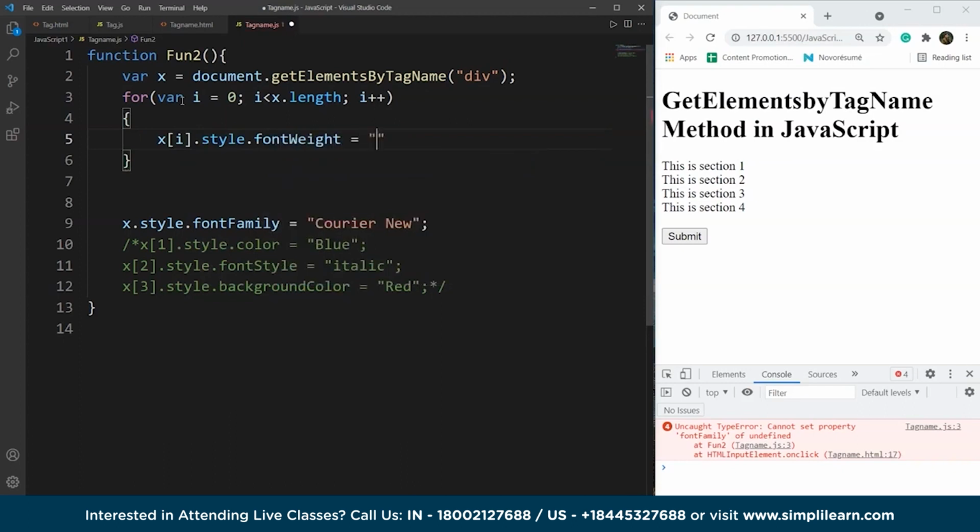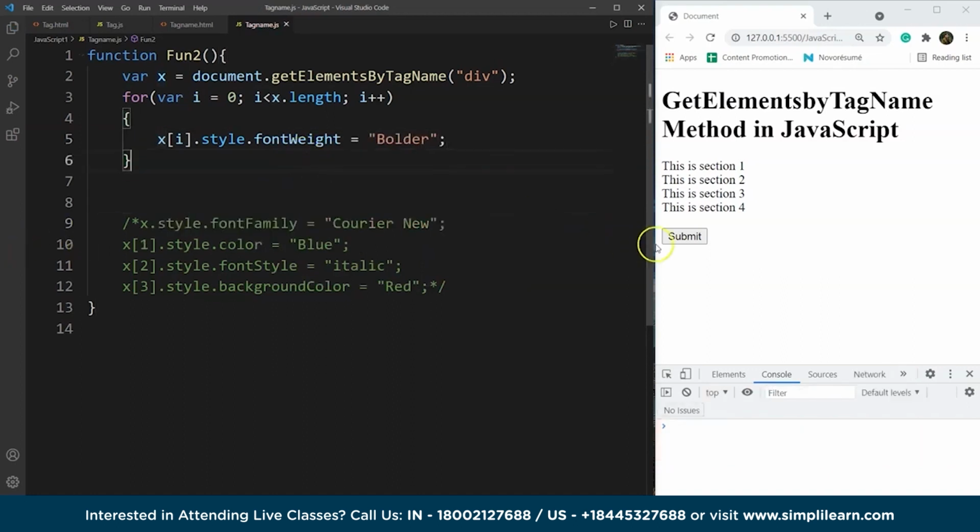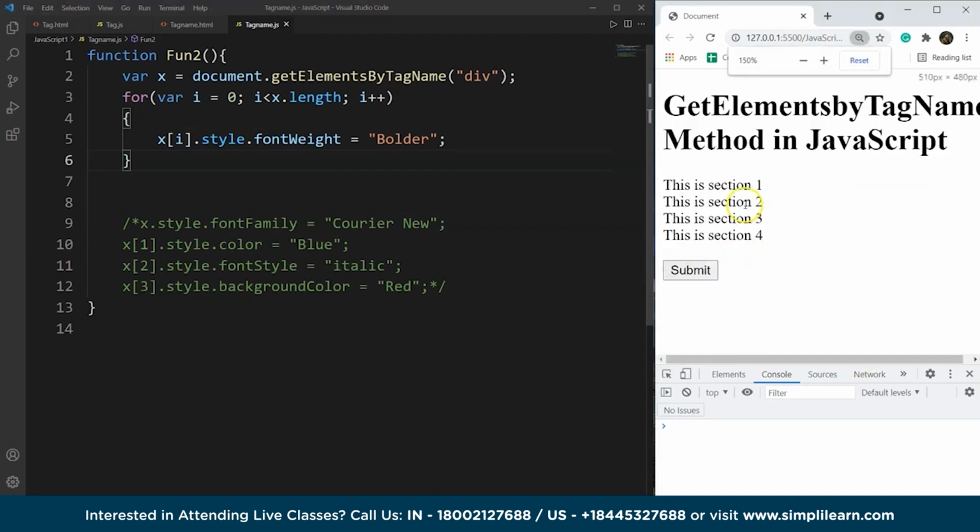And what we want to do is make our font bolder. Fine. So comment this line as well, save it now, and you can see over here everything is clean. Now what will happen is on pressing the submit button, the font weight will change basically. So let me zoom this, and if we click on this submit button, you can see the font is more